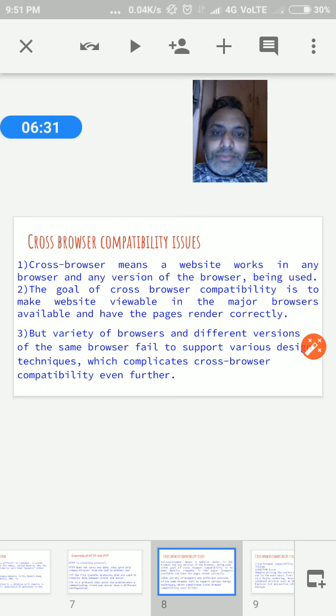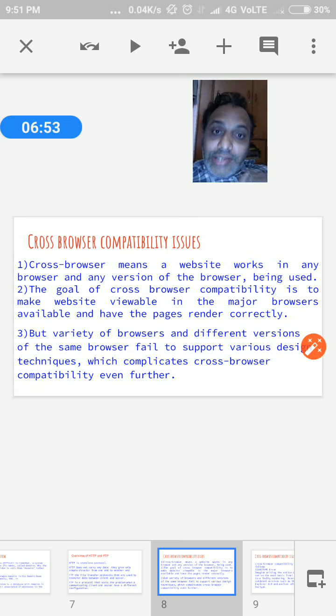Once a developer creates an application and wants to run it on browsers, it can run very easily. Suppose I create an application and run it in the Chrome browser, it runs very easily.